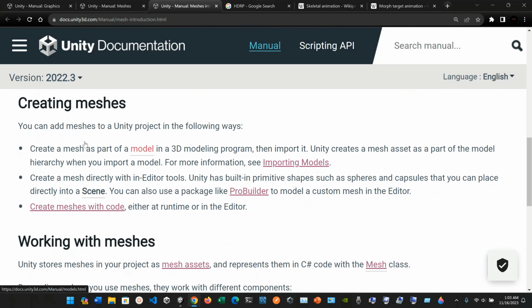Okay, so creating meshes. You can add meshes to a Unity project in the following ways. Create a mesh as a part of a model in a 3D modeling program, then import it. Unity creates a mesh asset as a part of a model hierarchy when you import a model. For more information you can see importing models. Create a mesh directly with in-editor tools. Unity has built-in primitive shapes such as spheres and capsules that you can place directly into a scene. You can also use a package like ProBuilder to model a custom mesh in the editor, and we already see they create meshes with code. Now,